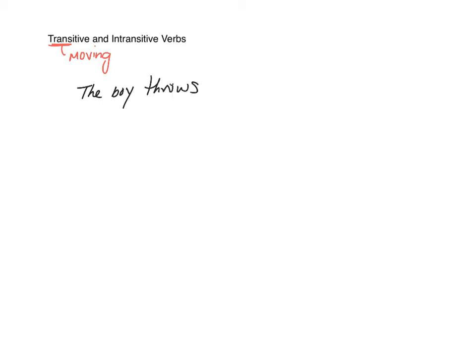Now, in this sentence, you have a subject, you have a verb, and you might be tempted to call that a sentence, only I'm hoping that you know that the rule is a sentence must be a complete thought. And if you say, the boy throws, people are going to look at you and say, he throws what? That doesn't make any sense. And it doesn't, because throws is a transitive verb. It wants to move this energy onto a noun that's called the object